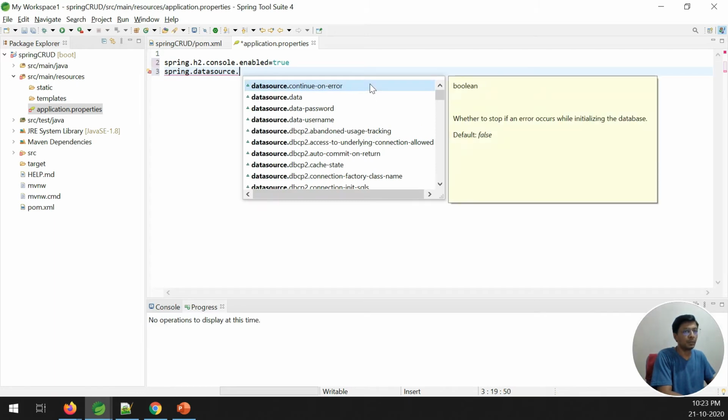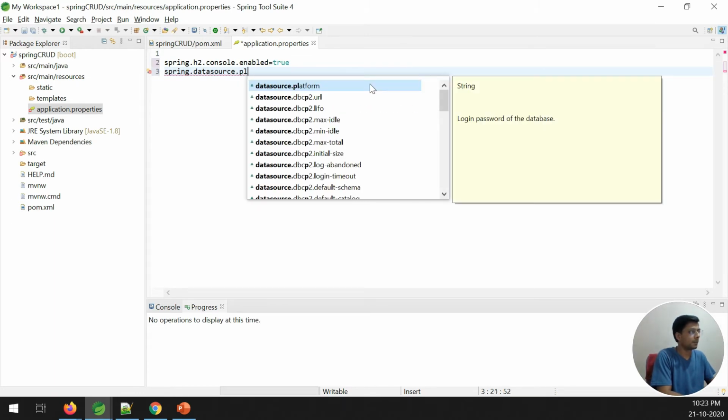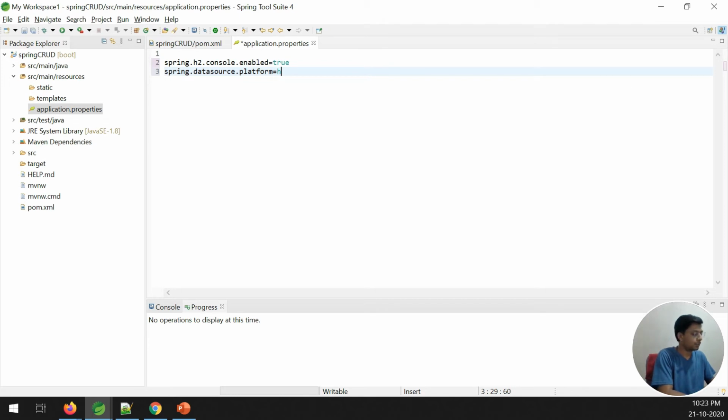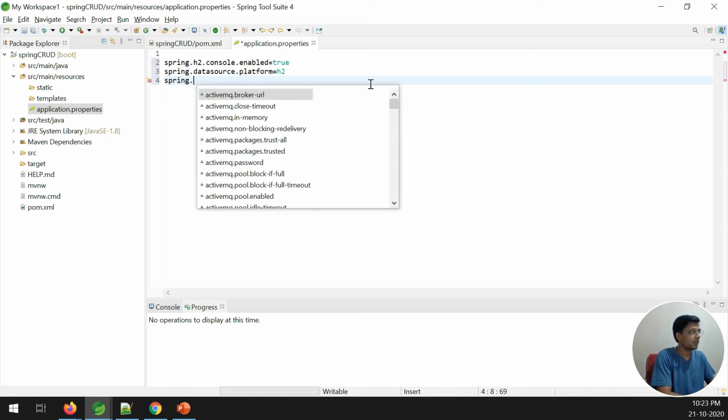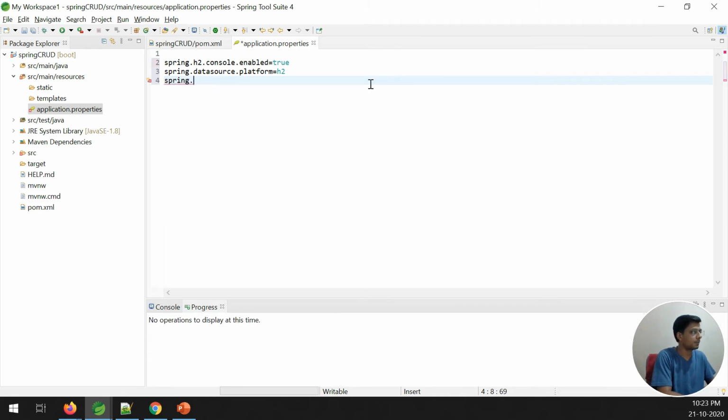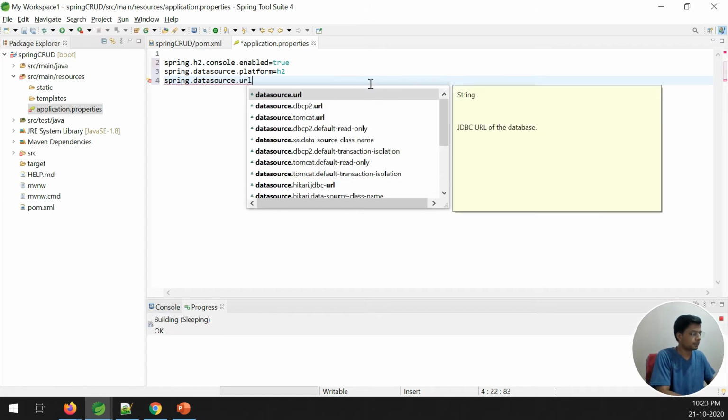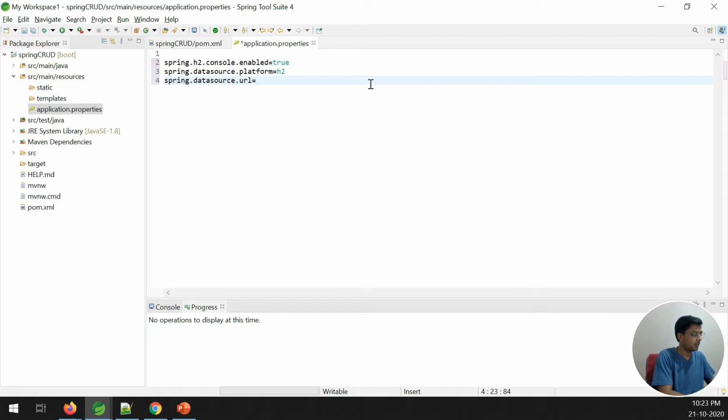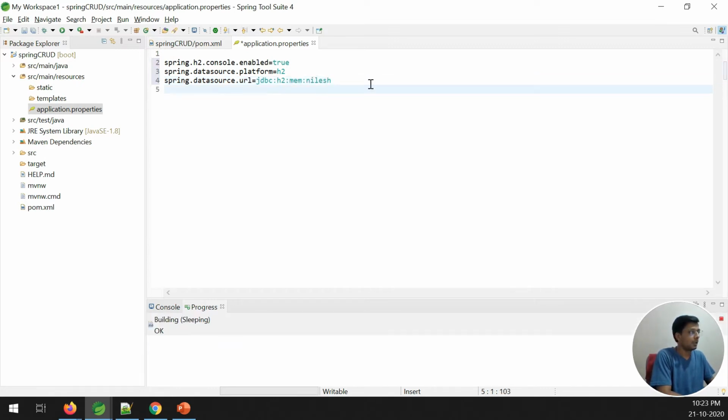dot, I have to put the platform is equal to h2. So I'm using the database h2, and next one is spring, then data source, then dot url is equal to jdbc colon h2 colon mem colon Nilesh. If you have a MySQL database, then you have to do the settings according to that,